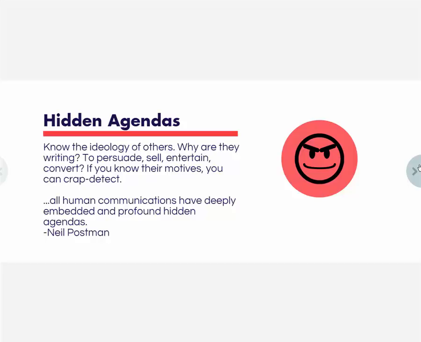We are further advised to pay attention to the ulterior motives of others. Postman claims that almost all human communication has profound hidden agendas, and says almost nothing is about what you think it is, including you. He says sensitivity to the phony uses of language requires knowledge of how to ask questions, how to validate answers, and certainly how to assess meanings. Crap detection is truly an art.